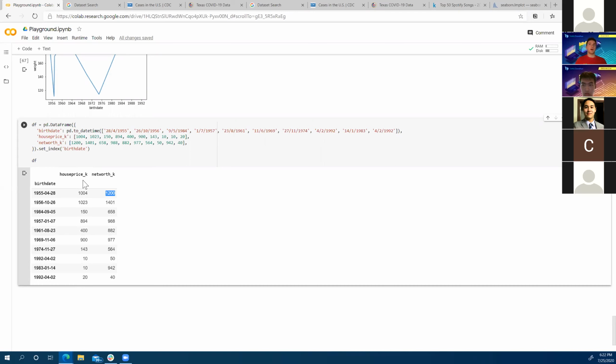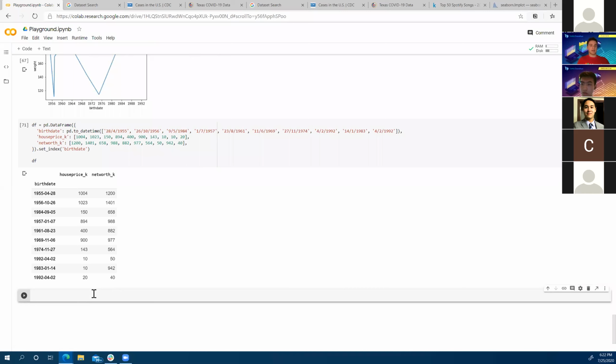So a lot of what happens in Seaborn and Pandas, a lot of the functions are designed around very common methods or patterns of work, right? So it's very common to have a data frame where the independent variable or the x-axis is the index, right? So this is the index of this data frame. So plotting all of the columns versus the index is a really common pattern of development.